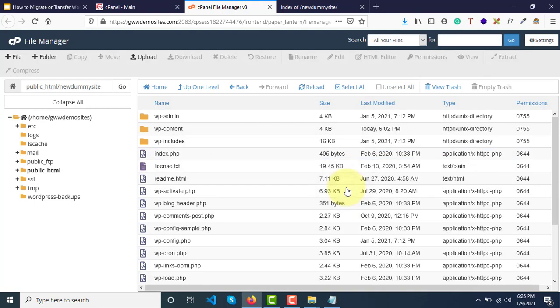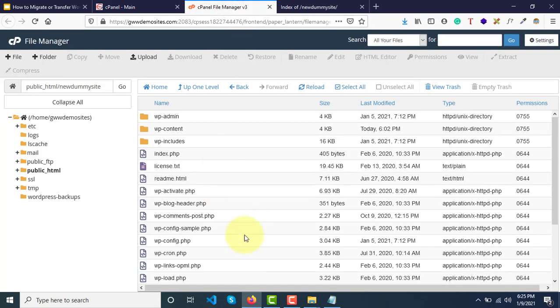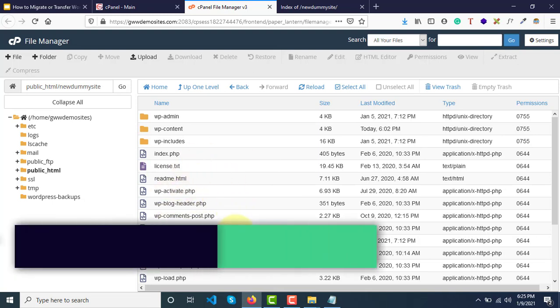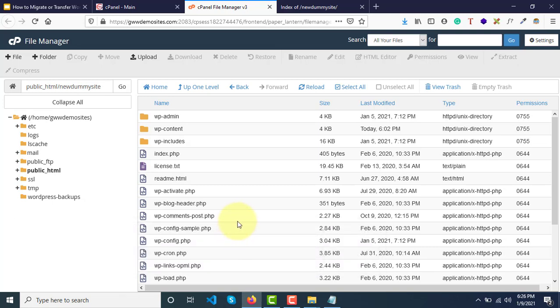All right, if you refresh this, still the site won't work, because even though we have the files, the database to which this particular directory is connected is different, and we haven't yet uploaded the database as well. So before uploading the database, what we will do is